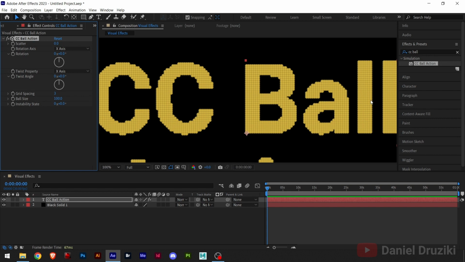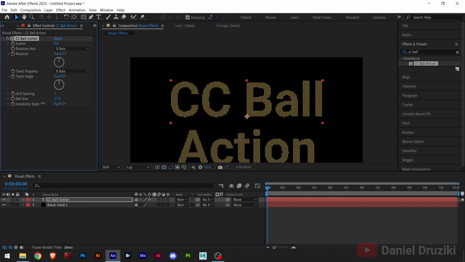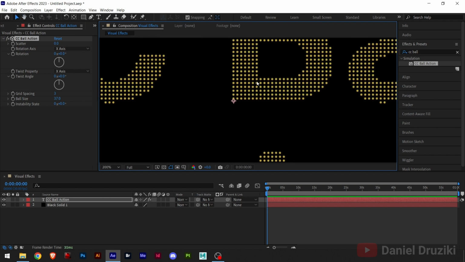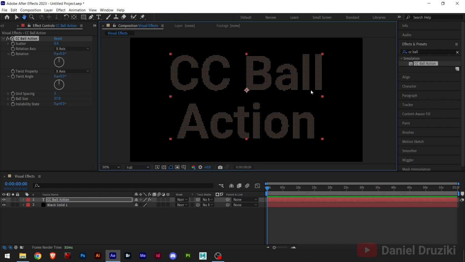Just a little bit more resolution. And the ball size, you see, I like something like that. Looks like an LED screen. I like this. So you can see in one simple effect from the many effects that it has, you can